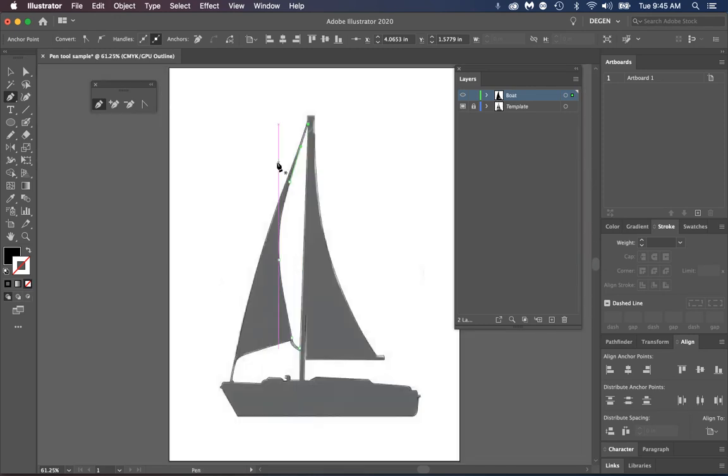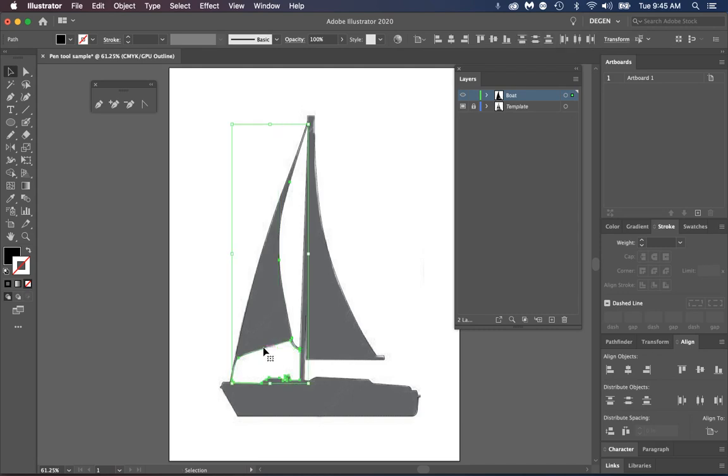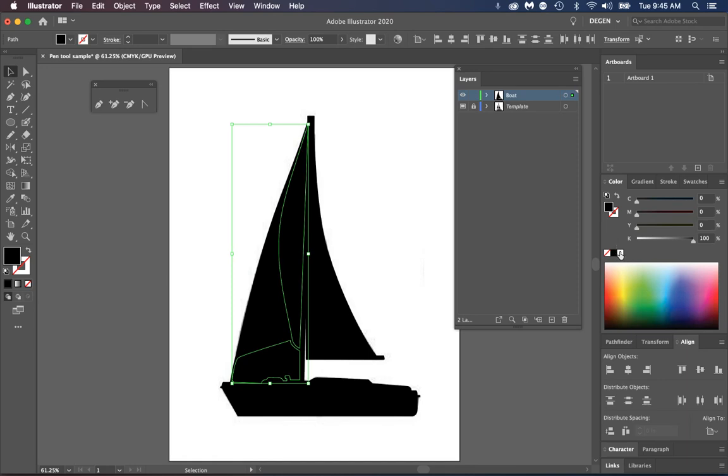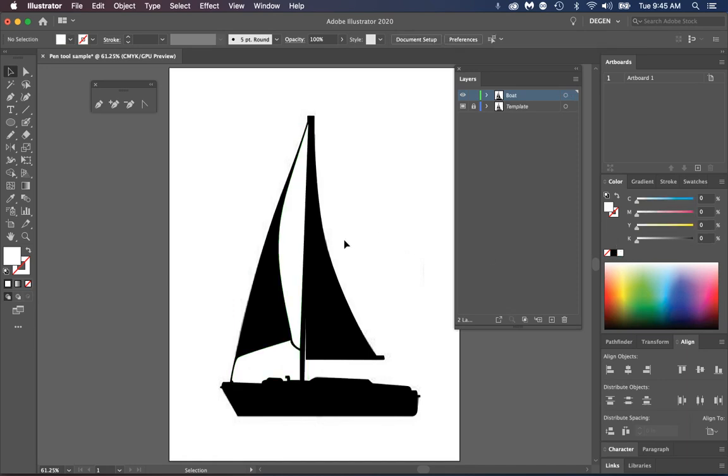All right. So I know that those paths are drawn. However, we have one more step to do. This is what you don't want to do. You don't want to select these paths and then just change them to a fill of white. I mean, it looks like it's complete, but ideally this is not the final end result, because let's say